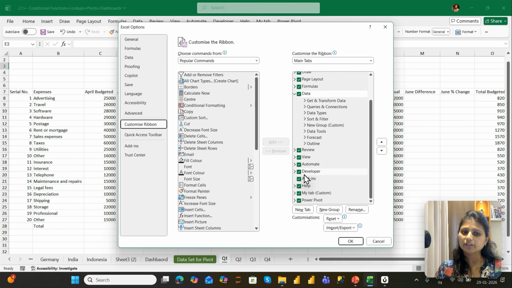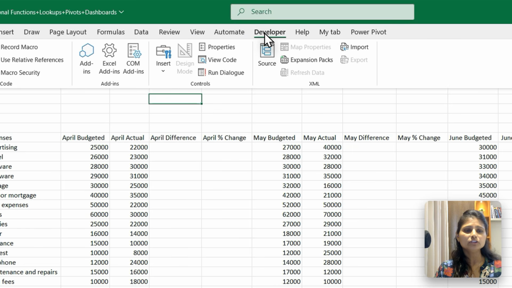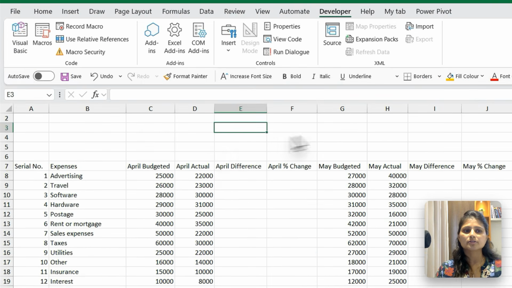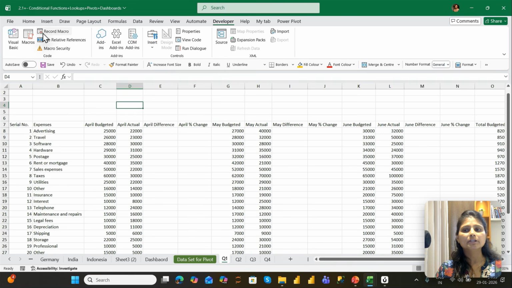Click on the checkbox of developer and say OK. When you do this, your developer tab is activated now. Now you can use this for your further process. How? I'm outside the table range where I was willing to make my impact, and then I'm clicking on record